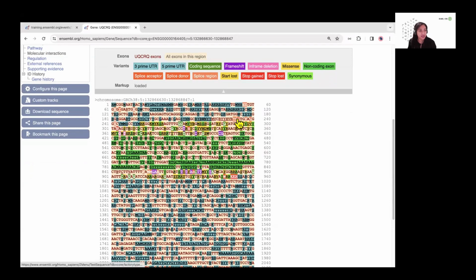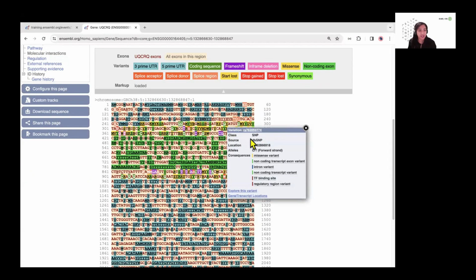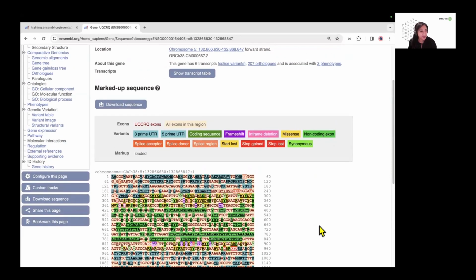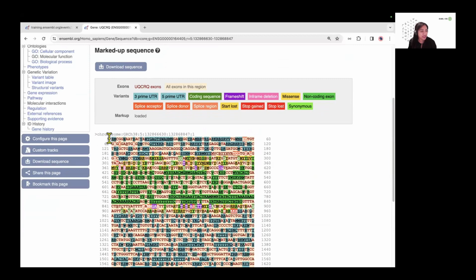If you're interested in one of the variants, so for example, let's say this missense variant here, you can just click on the variant, and that gives you a pop-up window with more information about the variant here. So if you were to download the RTF file, the rich text format file, you would be seeing all these different colorings with the links in them. And the nice thing about this view as well is you can perform a blast search from